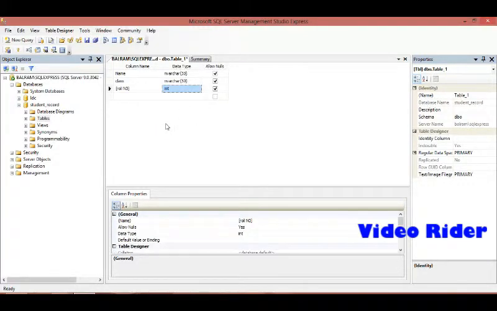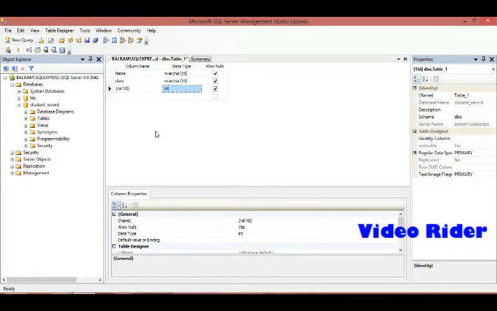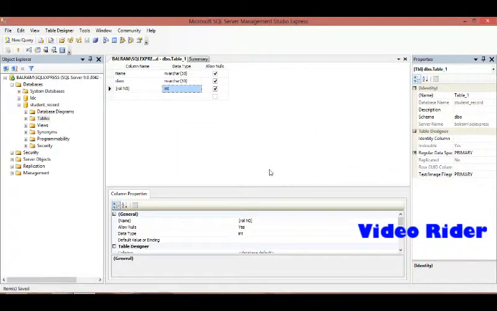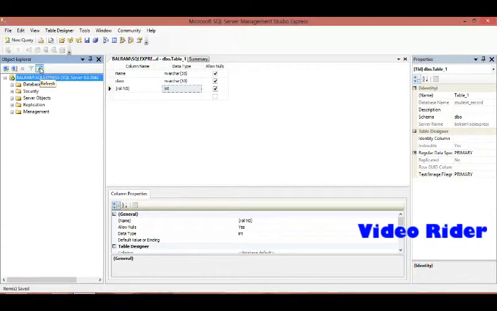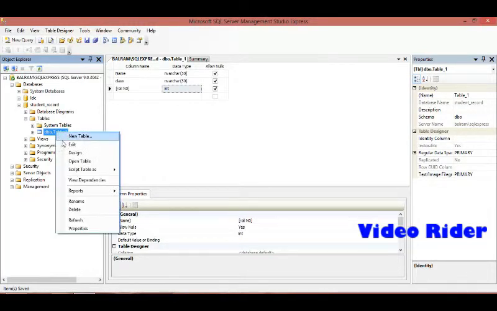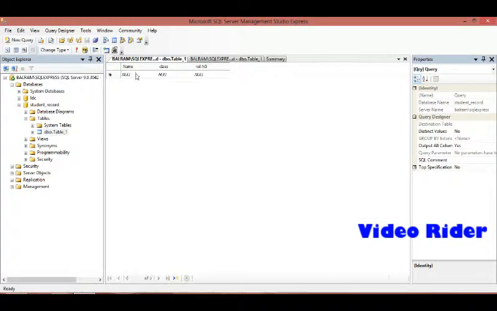And we save this, press Control S, and now save the table with the table name that you want. And now we click here, and this is the refresh button. You can press it one or two more times, and now you click on Databases, LDC, student record, and click Tables. And now you can see one table, that name is dbo.table, is created. So if you want to see this, you right-click on it and open the table. And here is your newly created table.